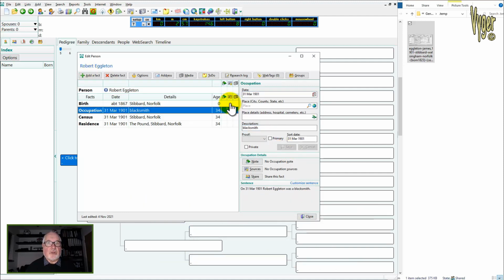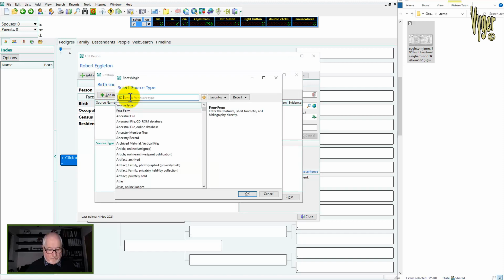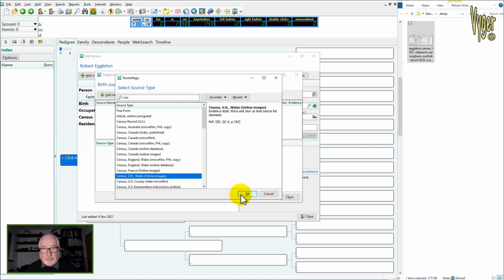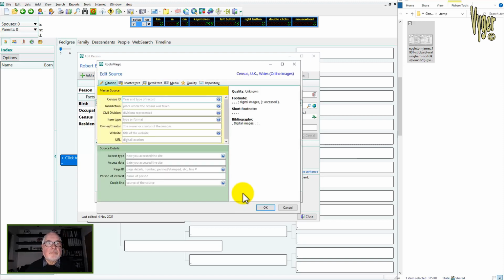So we want to add a source for all this information. So click here, add a new source. Census. It doesn't make any difference to the test, but I'm going to choose this one. OK. And I'm going to put in the source details,